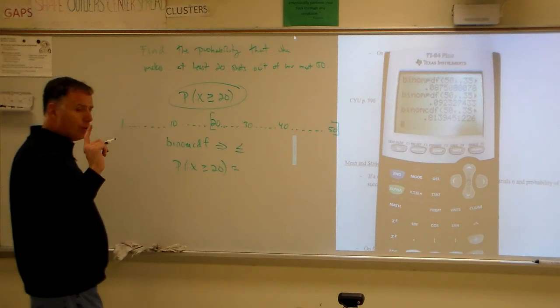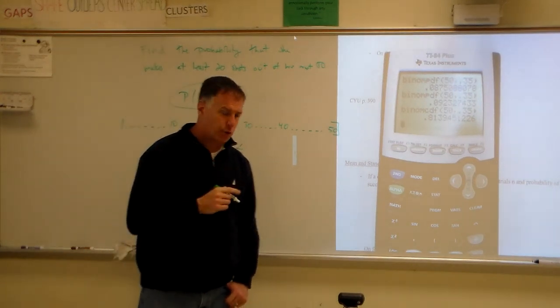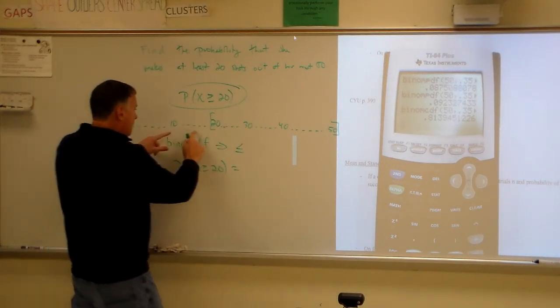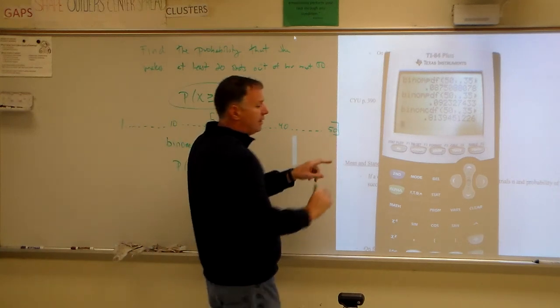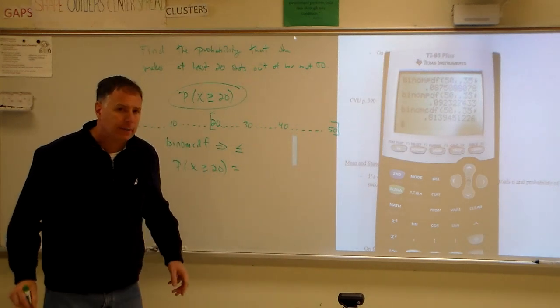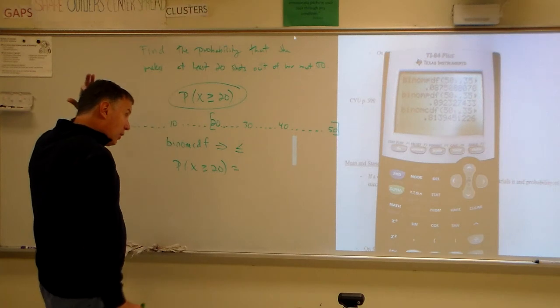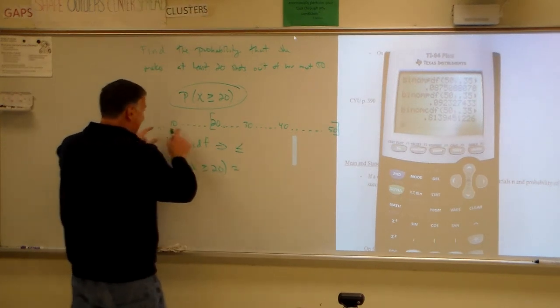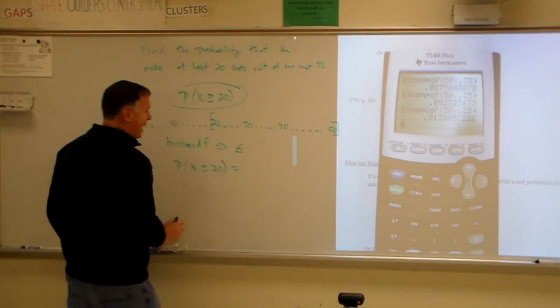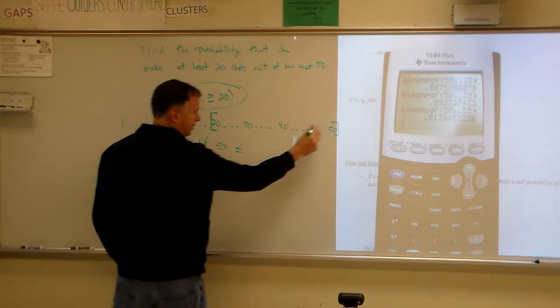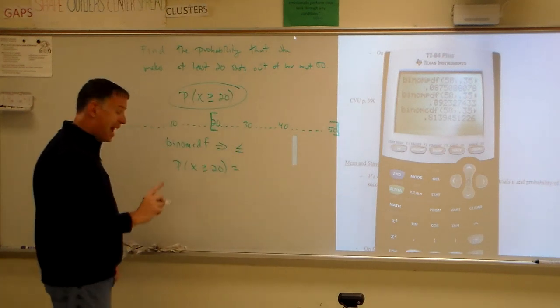So, if you remember, I told you that all of these probabilities have to add up to be 1. So if all of those probabilities add up to be 1, and I want to find this, then I could